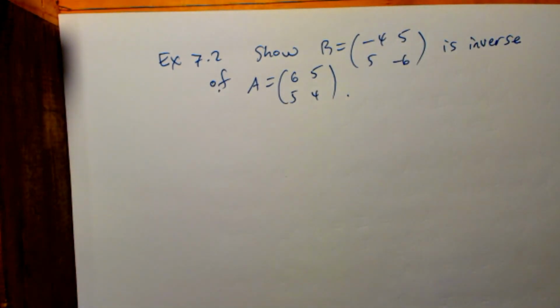All we really need to do is multiply these matrices together, both A times B and B times A, and show that we have the same